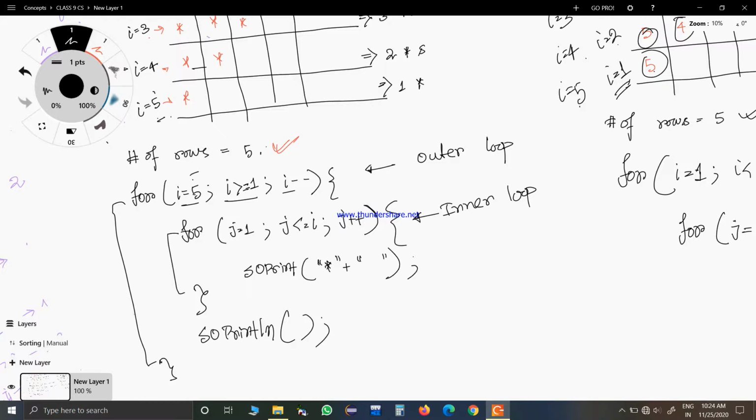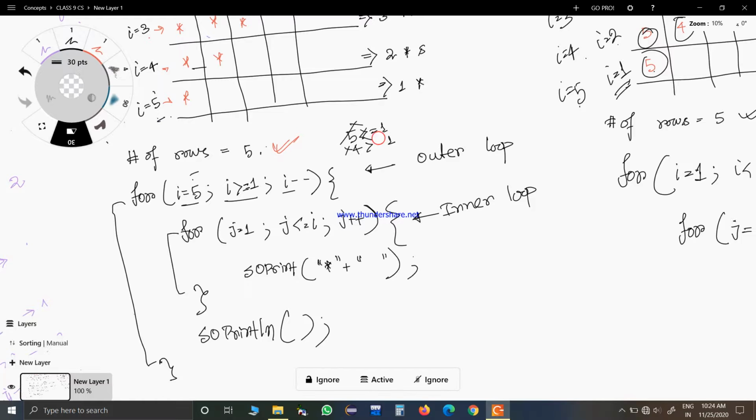Because I equal to 5 is greater than or equal to 1 is true. Now I becomes 4, greater than or equal to 1 is true. But if you write less than here, this is not true at all, right? So whenever you are decreasing in the condition, put greater than or equal, not less than or equal.